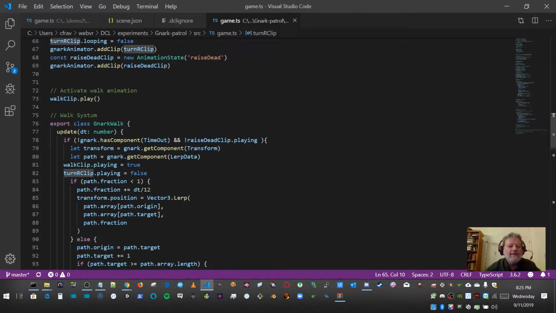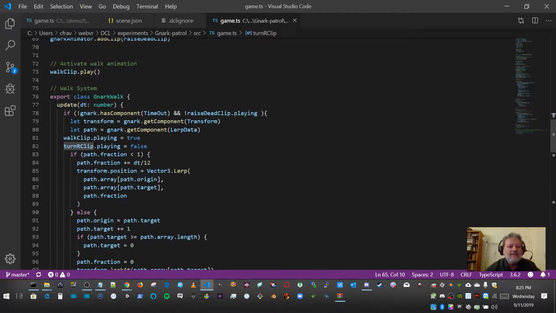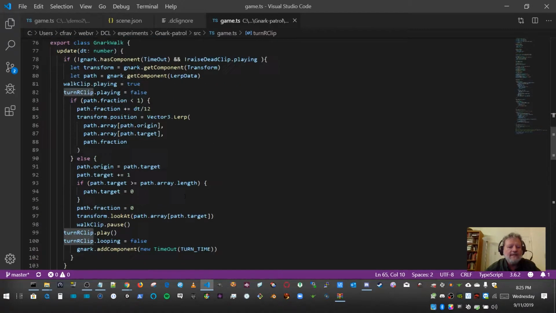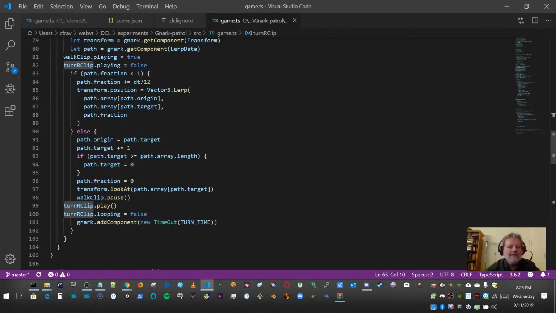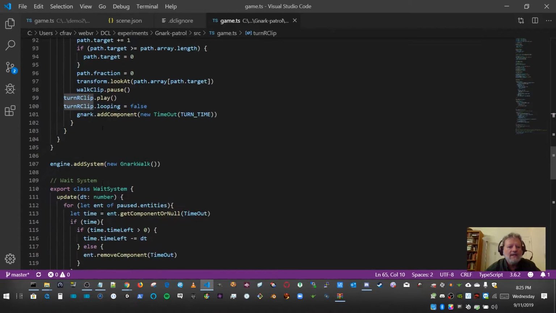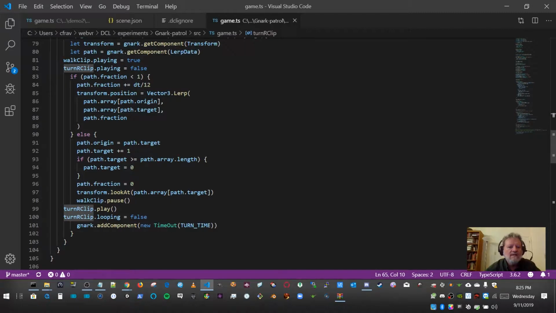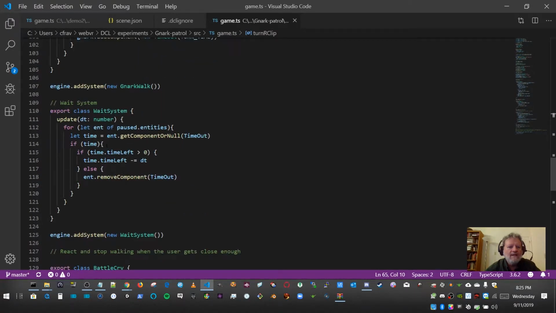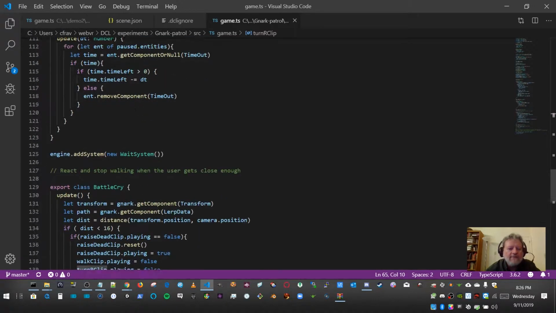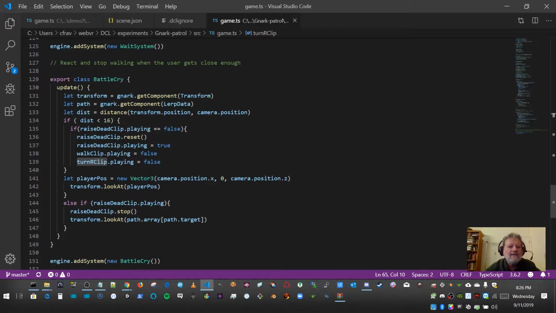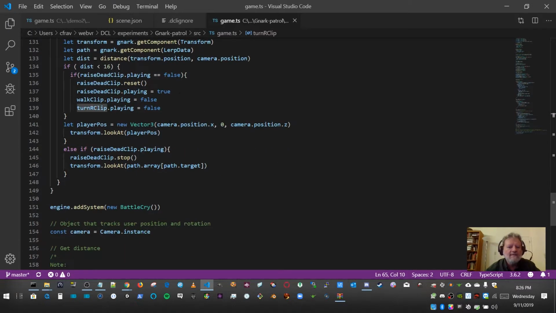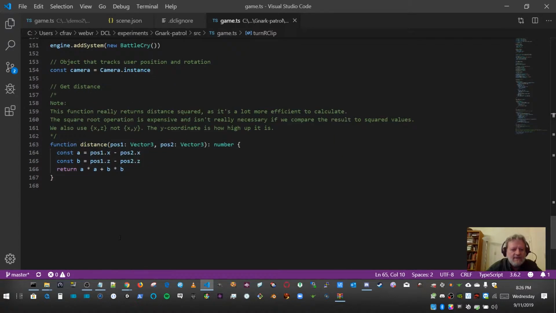And then we have a system that gets called 30 times a second. I'm not going to go through every detail here, but basically it's using the logic of walking around amongst the position vectors, the waypoints, and that gets added to the system. There's a wait system that's used for, I'm not sure, waiting for a while. And this is another system for doing the battle, the raising of the sword and that activity, and then somewhere in here